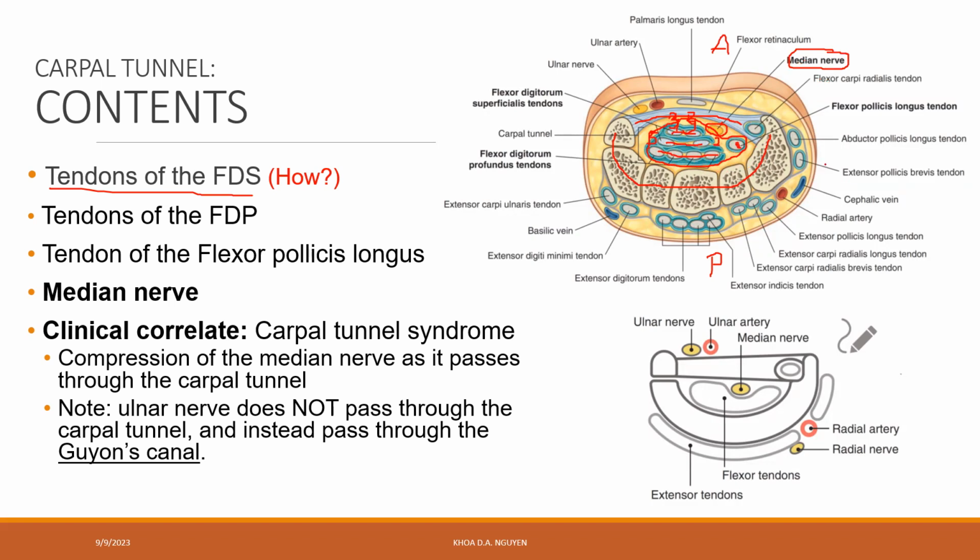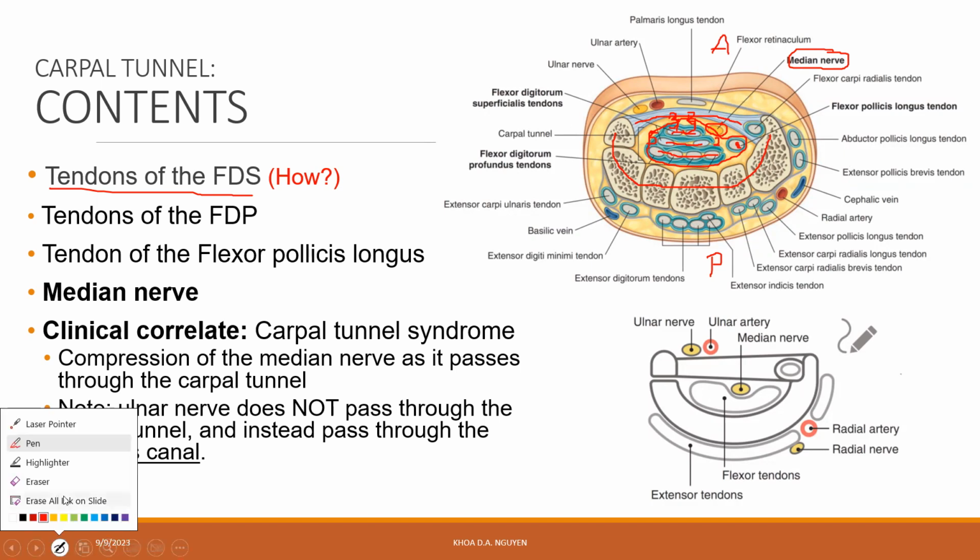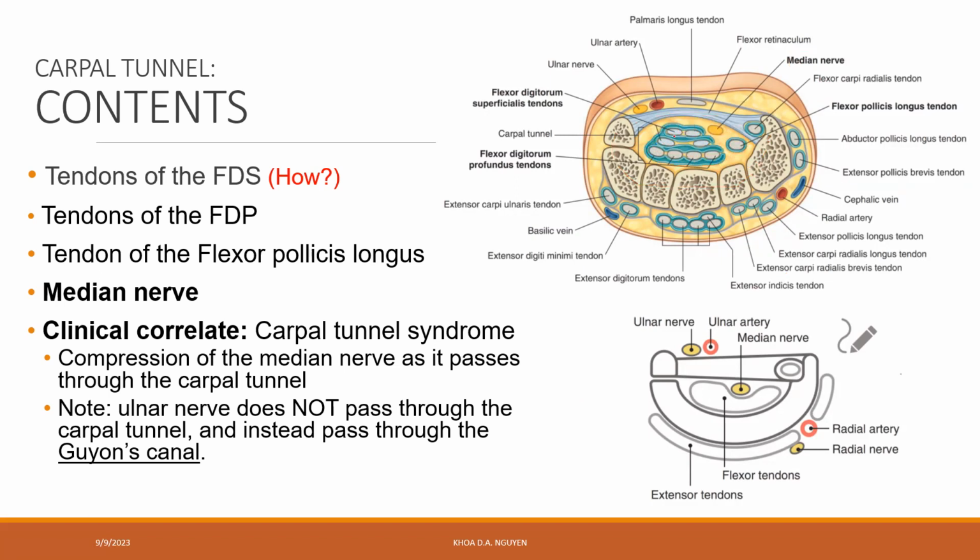Now, which leads us to a very important clinical correlate, that is carpal tunnel syndrome. Carpal tunnel syndrome is what happens when there is an increase in the pressure inside of the carpal tunnel, leading to a compression of the median nerve. And when the median nerve over here is compressed, it's going to cause some distal symptoms over at the fingers. More specifically, you will have